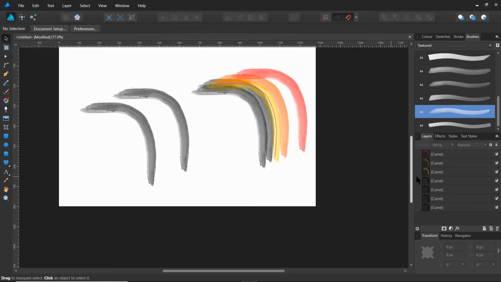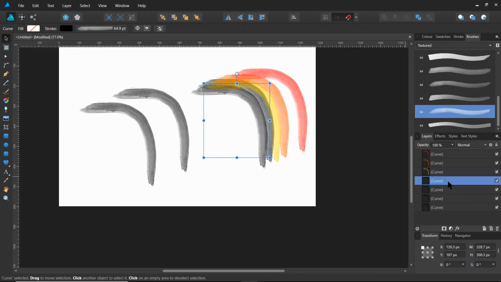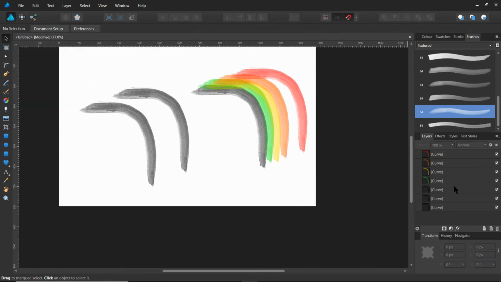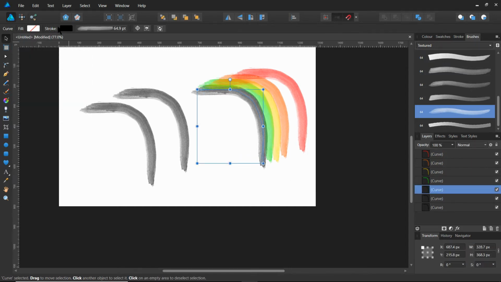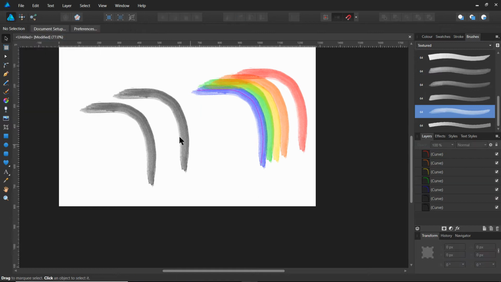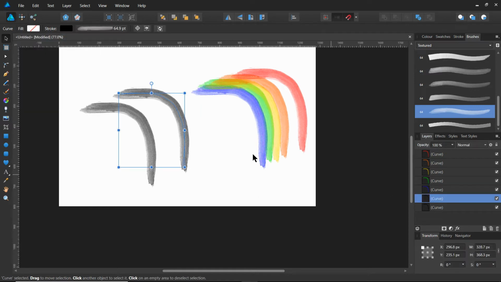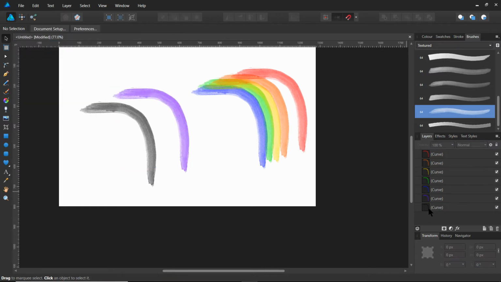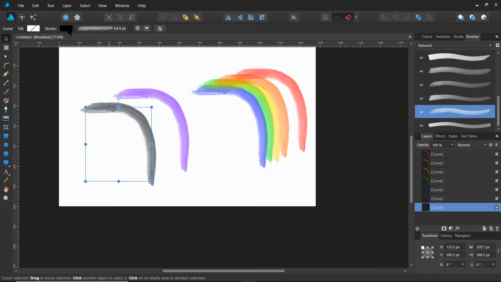Yellow, green, blue, purple, and the last one,